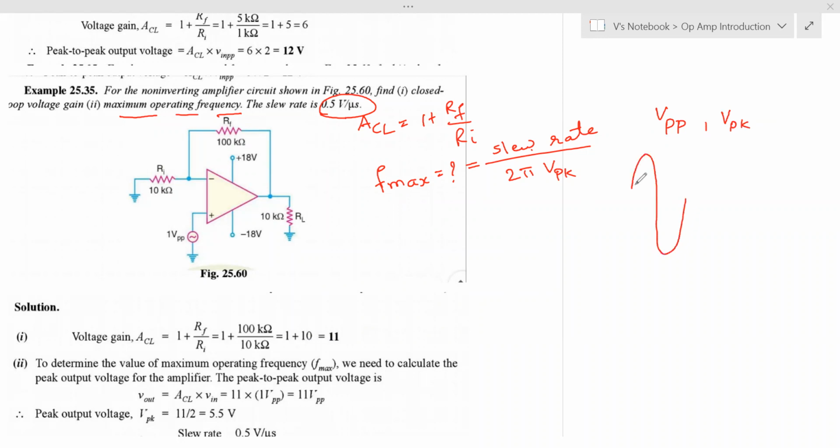So I will draw again. This is V peak to peak, the voltage difference between two peaks. But V peak means maximum voltage of a peak, any peak, either this or this. So what is this? This is half of V peak to peak. Okay. So V peak equal to